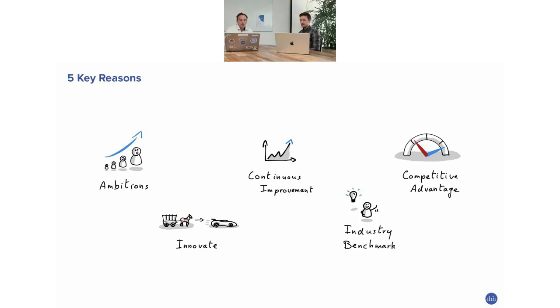Innovate with data, of course, like rethink how you do your products, how you go to market. And finally, it's also a good way to benchmark yourself with the industry, like compared to other retailers or other banks or other telco companies. How am I actually performing? Am I still being competitive, if you will? And also learning from other industries, like taking best practices and adopting those. Exactly. Yeah.